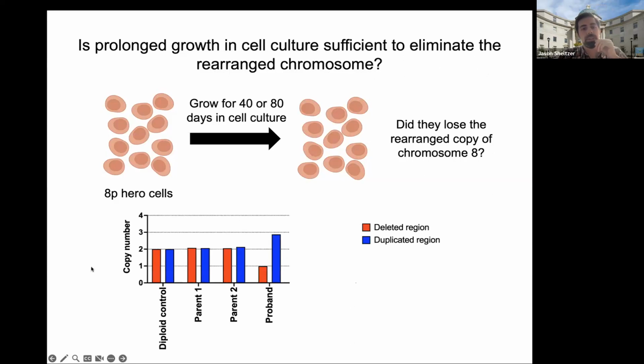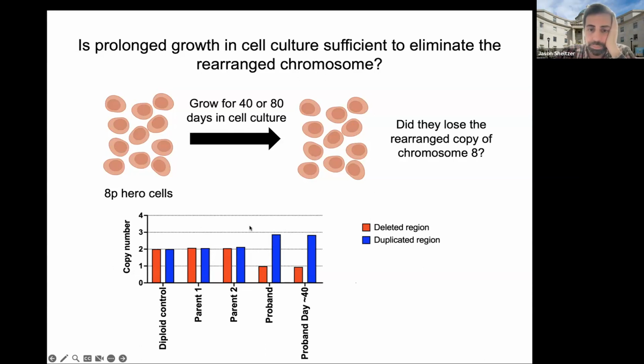And to look at this, we used a qPCR-based approach. I think the specifics of the technique aren't important, but you can just look here. Cells normally should have 2 copies of every chromosome. We have a probe for the deleted region in the 8p hero and a probe for the duplicated region. So you can see 2 copies of each of these regions in both parents. And then in the 8p hero, starting out, they have 1 copy of part of chromosome 8p, and they have 3 copies of another. So we grew these cells for 40 days, and then we looked at the deleted region